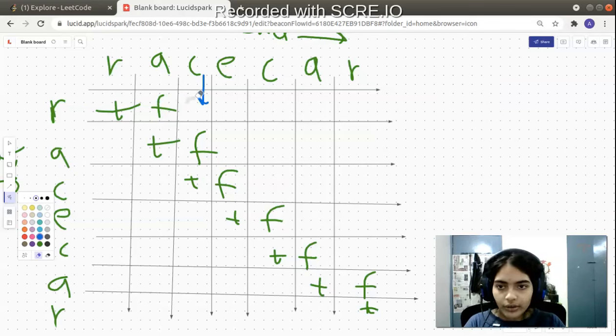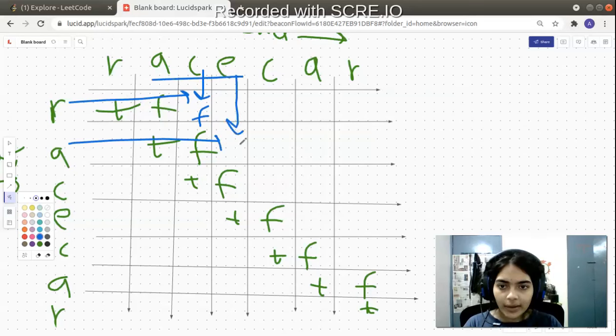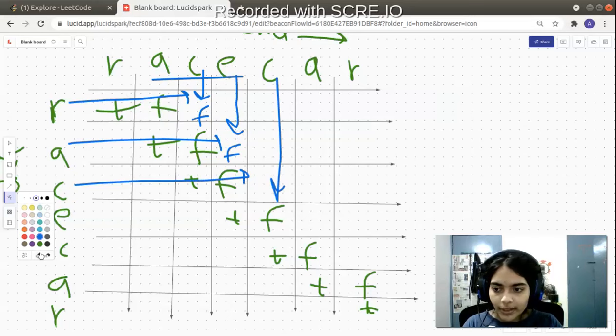So let's look at this example. The string starting from R and ending at C, RAC. Is that a palindrome? No, it is not, because R is not equal to C. What about this box, starting from A, ending at E, ACE? Is that a palindrome? False, it's also not a palindrome. What about the string CEC? Now it's interesting. Is CEC a palindrome? Yes, CEC is a palindrome, because we already know that E is a palindrome, and the first and last characters are equal, so it is going to be true.